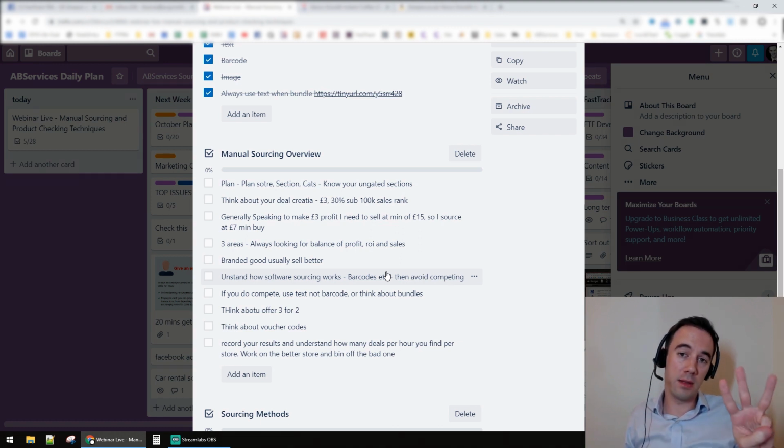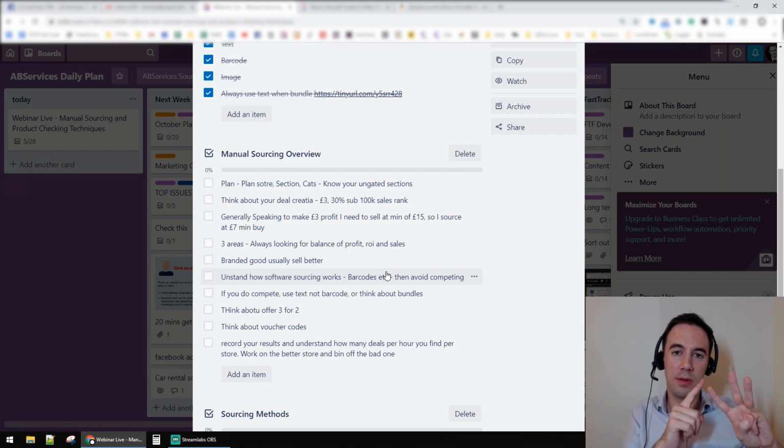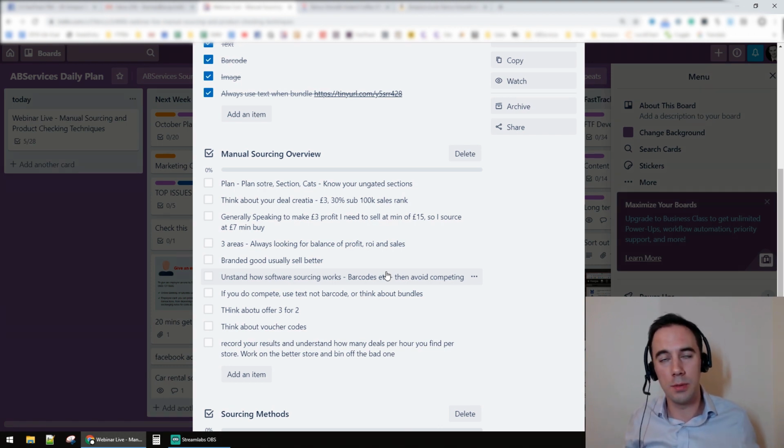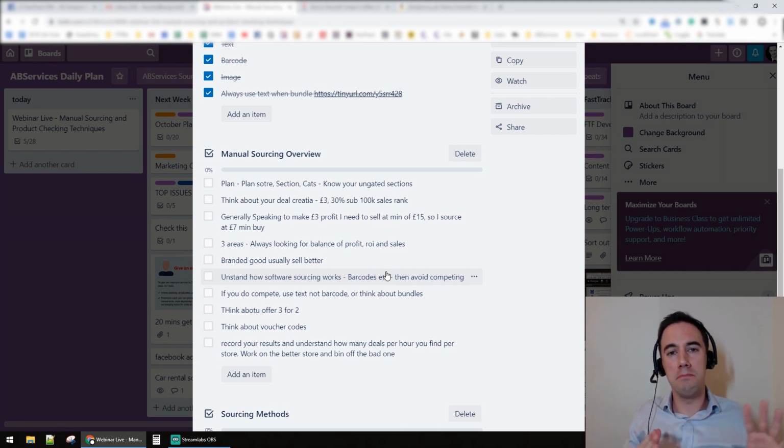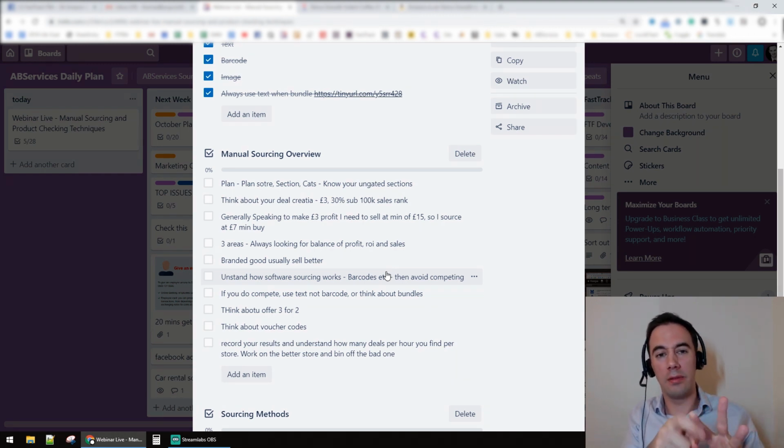So look, for me, when I'm looking to make £3 profit, what I've seen in my past sourcing is that I generally have to be selling for about £15. If I'm selling a product for about £10, the profit I make off it just isn't enough. I'm going to make £1.50, £2, it's not worth it. But if I want to make £3 as a minimum, I need to be selling for a minimum of £15 or above. And what I've also seen from my sourcing is that when I'm working for about 30% ROI, for me to sell at say £15, I'll generally be buying a product